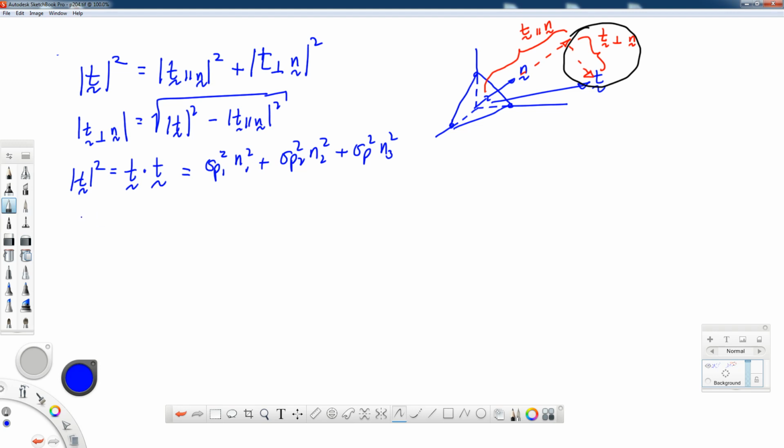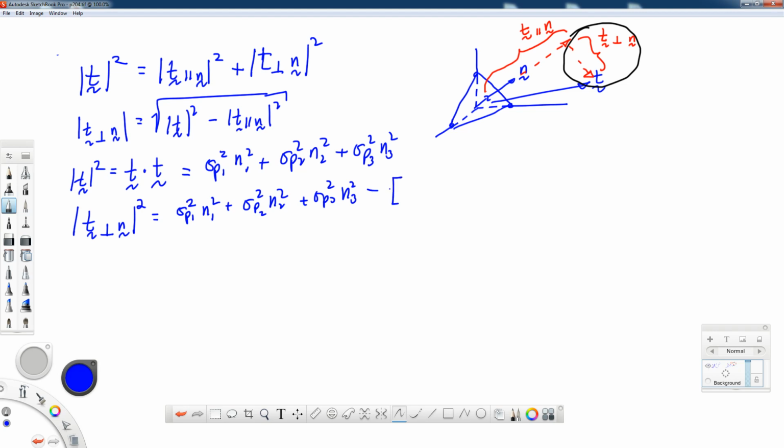So that means that what we want, t perpendicular to n, I'm going to square both sides to make this a little bit cleaner. It's going to be what I just wrote down, sigma p1 squared n1 squared plus sigma p2 squared n2 squared plus sigma p3 squared n3 squared